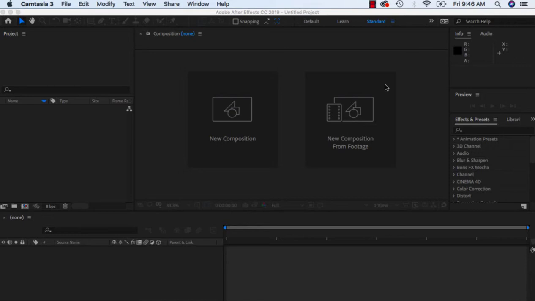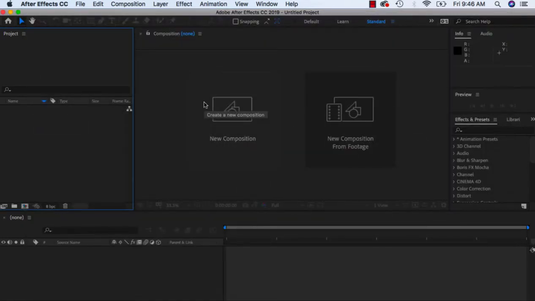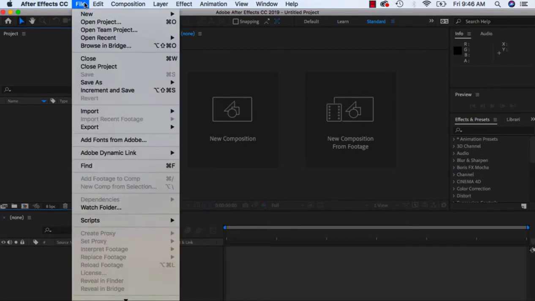In this video, I'm going to show you how you can set up a new composition. First, open up After Effects, and you will get this window that pops up. Hit New Project. And from here, you can hit New Composition, or you can go up to the top and you can go